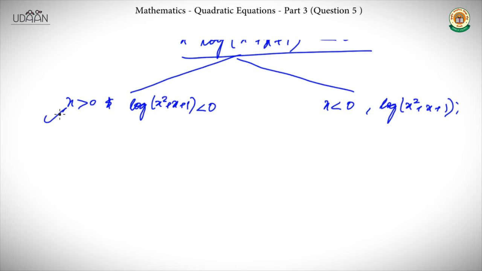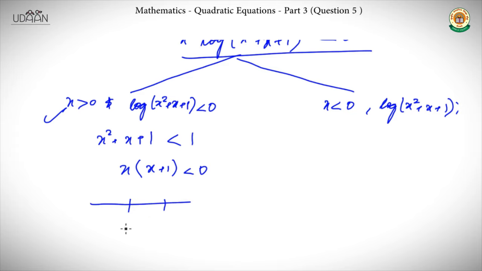Exactly. So first we consider the case x is greater than 0 and log of (x square plus x plus 1) is less than 0. In this case, the log of x square plus x plus 1 being less than 0 means this term would be less than 1. That is, x into (x plus 1) should be less than 0. That is, x should belong to (minus 1, 0) in open brackets. Now this is the first condition, and obviously we have the second condition, x greater than 0. If we combine these two, we get a null solution, that is, no solution,